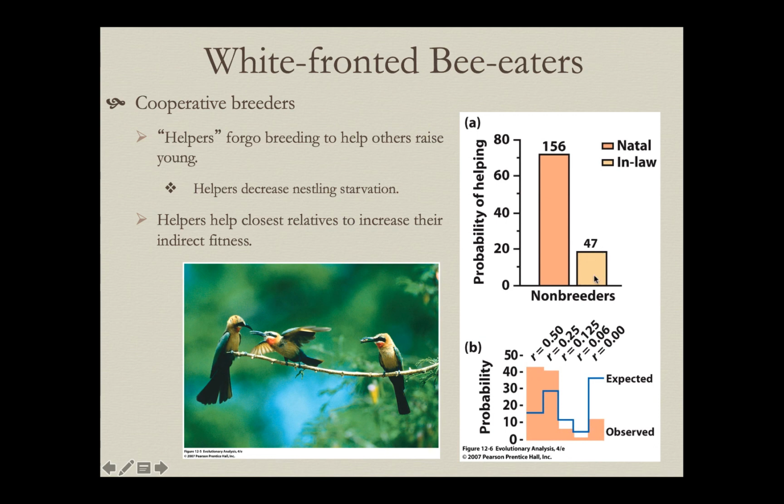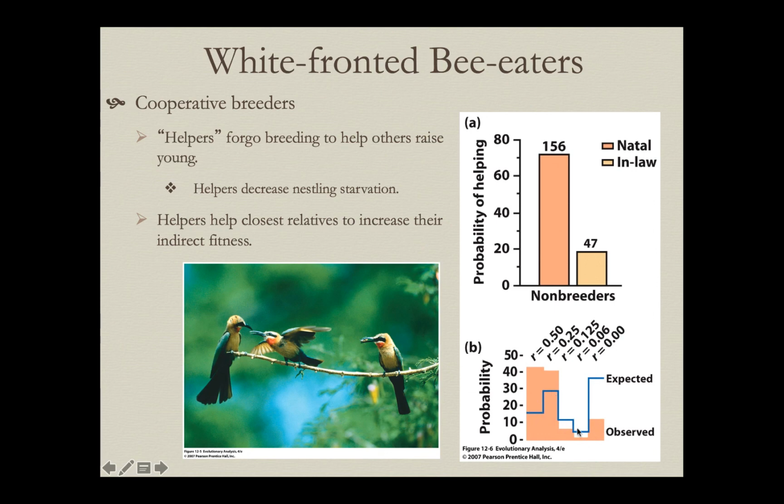This would typically only occur if it's the female mated to the male and the male is kind of directing the behavior of where to go, and they have an established mate bond, or if one of the individual's parents have died and they will go and help the in-law. So this indicates that it looks like they're probably picking typically to help close relatives. And the degree of that relatedness also is what we would expect given Hamilton's rule.